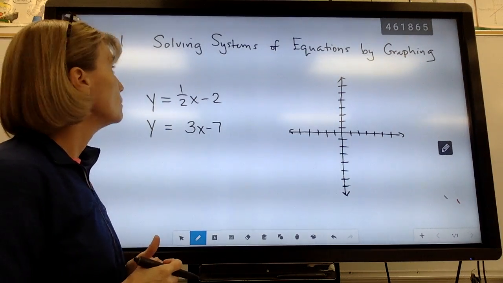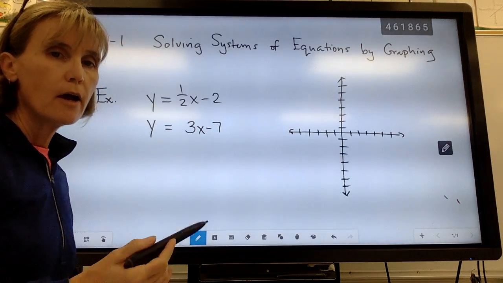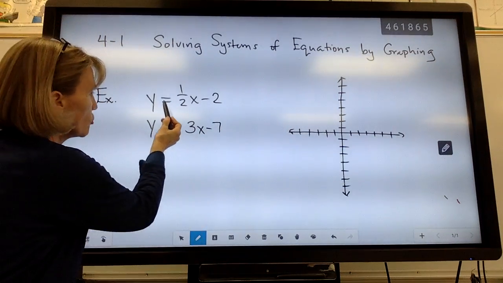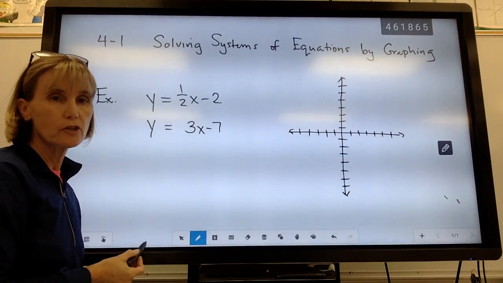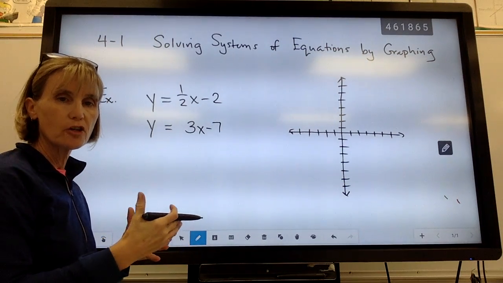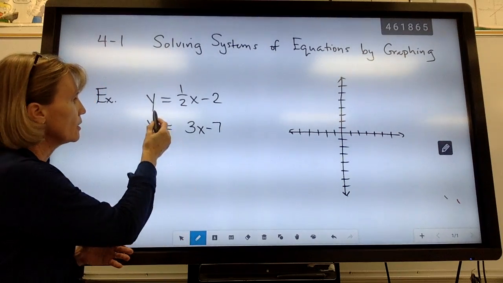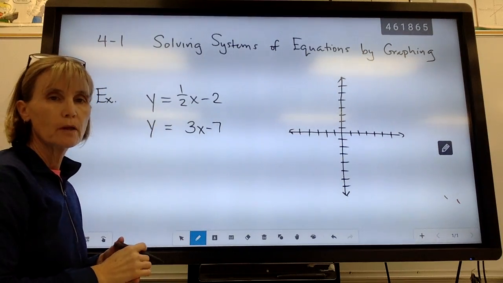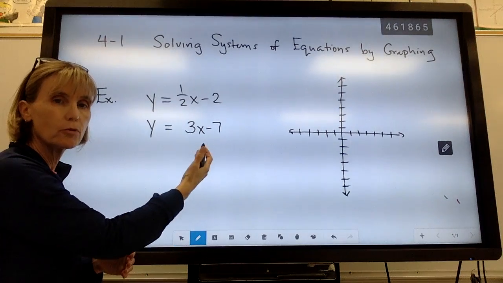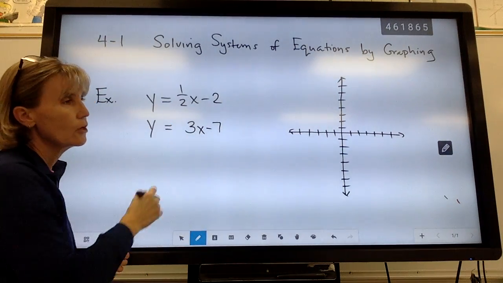And in chapter 4, we begin by looking at what we call a system of equations. A system of equations is when you get two or more equations within the same grouping. We have in chapter 2 looked at how to graph an equation. Well, now you're going to get a system which is going to include two. Now systems can be bigger than that. We could have 3 or 4 equations or even more, but we're going to stick with 2 equations